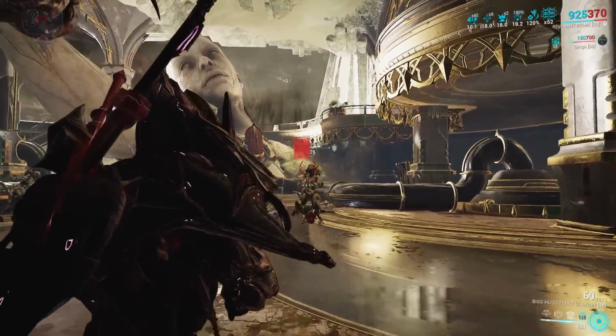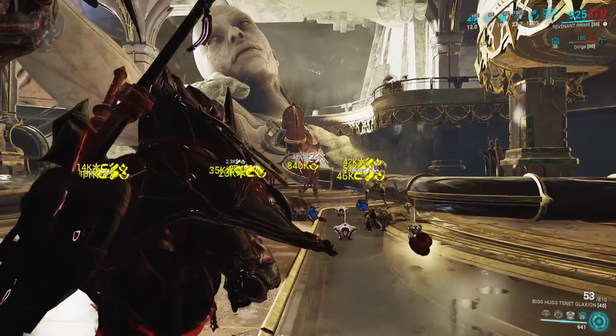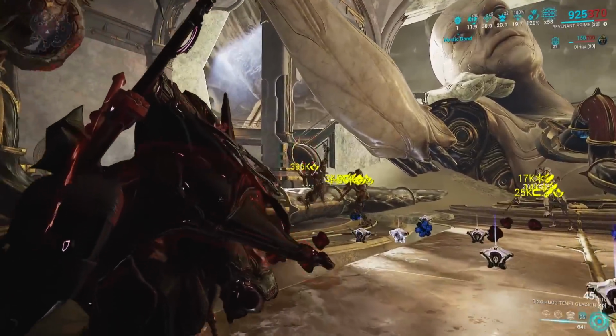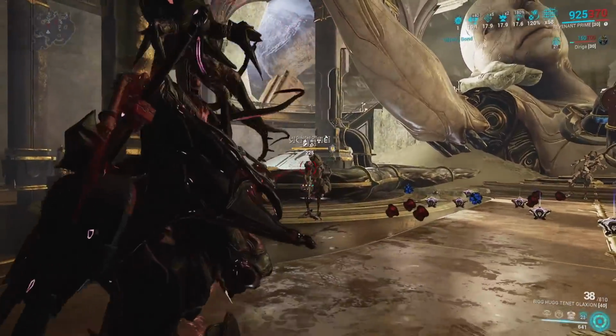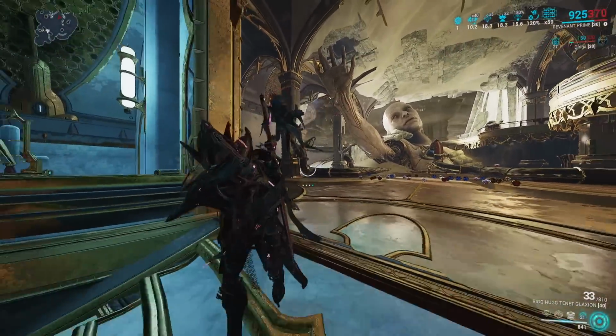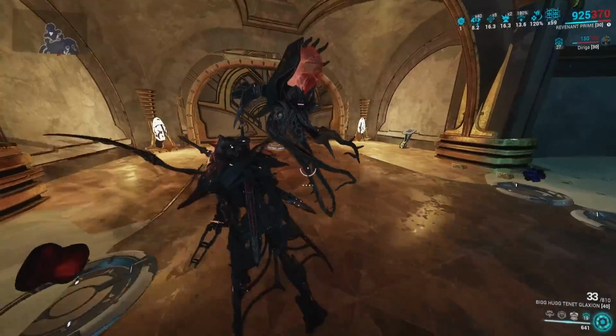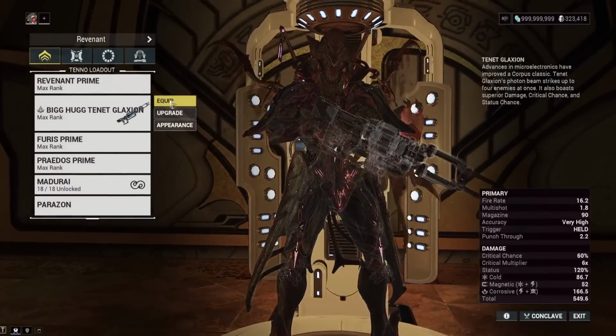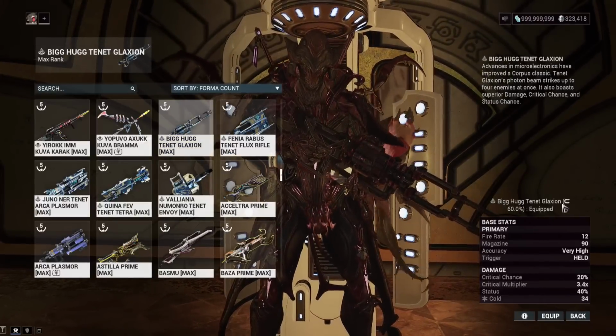Building Incarnon ammo is annoying, and having to keep track of the Incarnon meter is also annoying. This thing, on the other hand, is always like this. It's always a chaining ice gun that has good stats, and there's a 1.7 million with no Riven. So yeah, I would highly recommend this thing, and again, I think that Magnetic is the best roll, because